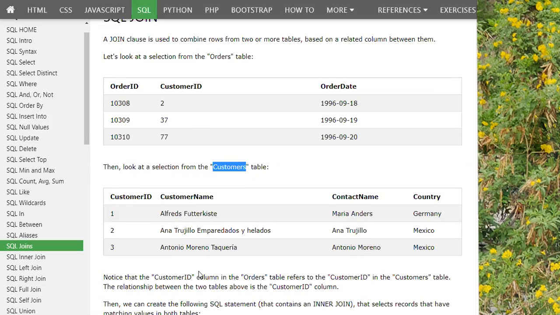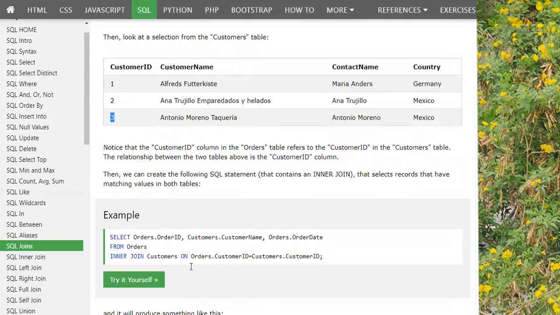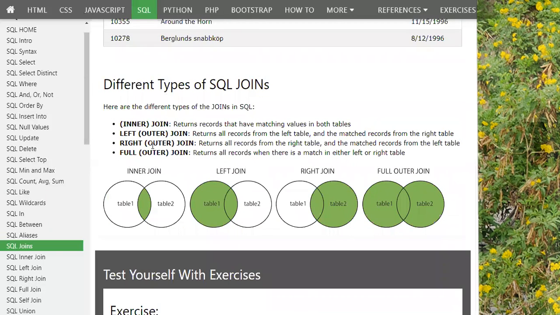The right table here is customers, so it will also print the tuples related to 1 and 3. So it returns all records from the right table and the matched records from the left table. But inner join only shows the matched values.